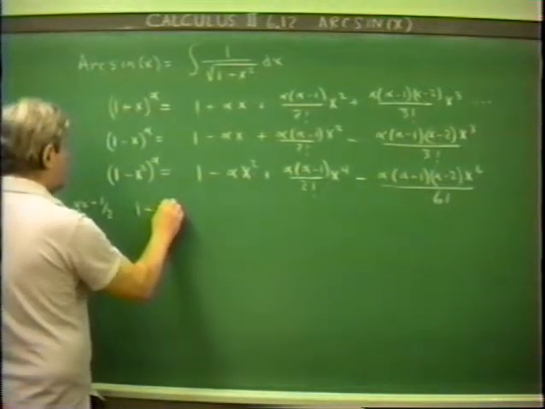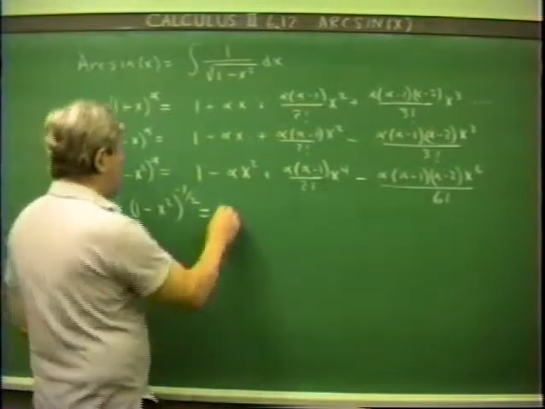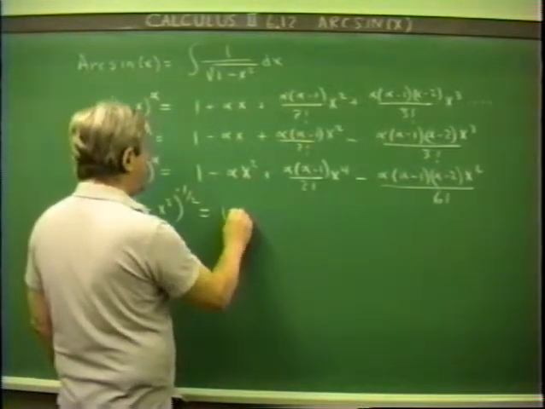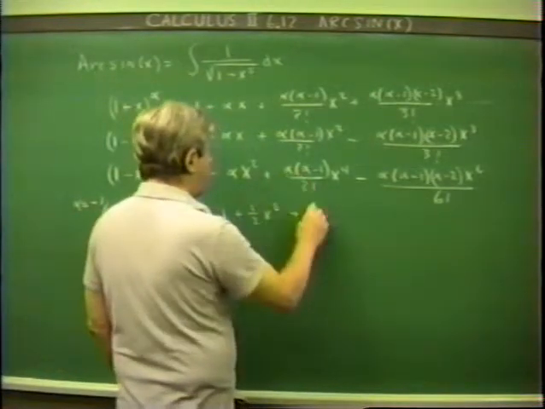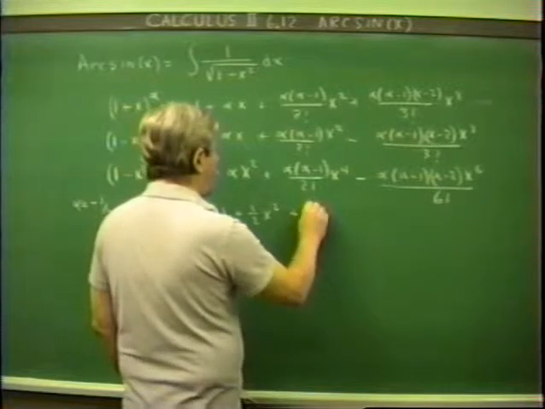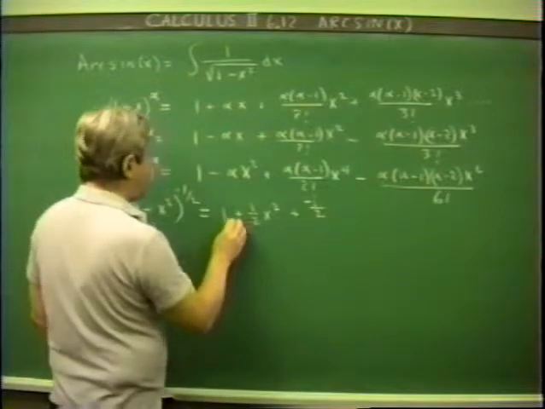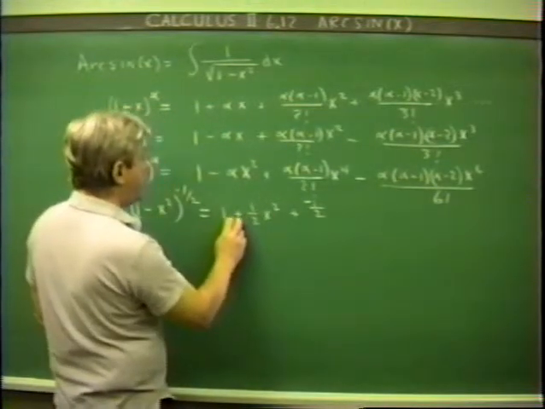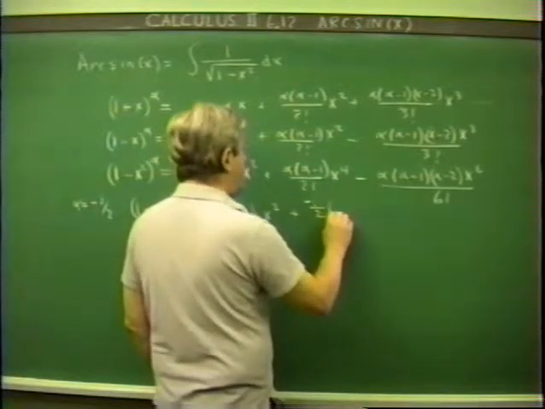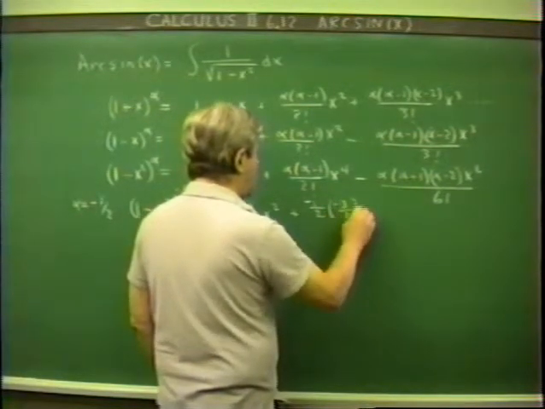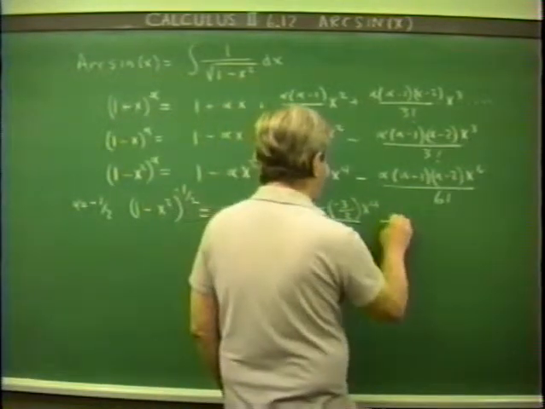Okay. Now we want to let alpha equal minus a half. And we're going to get 1 minus x squared to the minus 1/2 equals 1. Now alpha is minus a half, so this is plus 1/2 x squared, plus alpha is minus a half, so we're going to get minus 1/2. Anyway, minus a half. We've got minus a half minus 1, which is minus 3/2